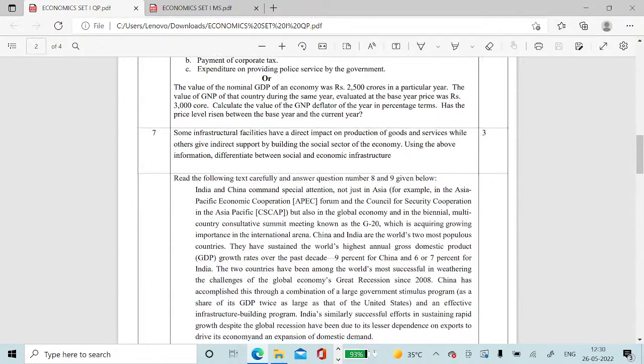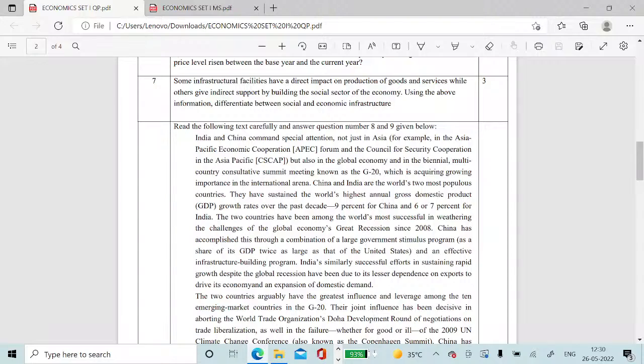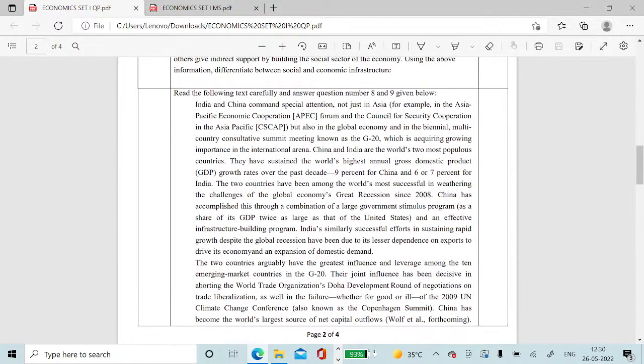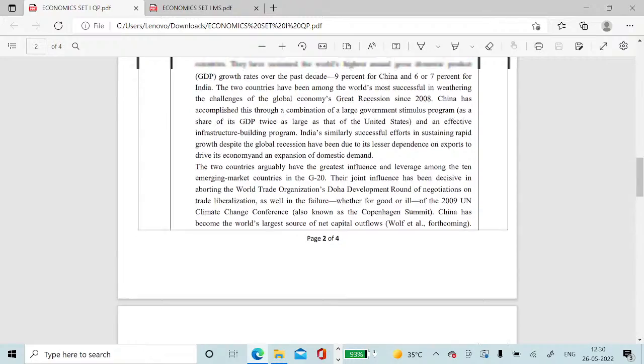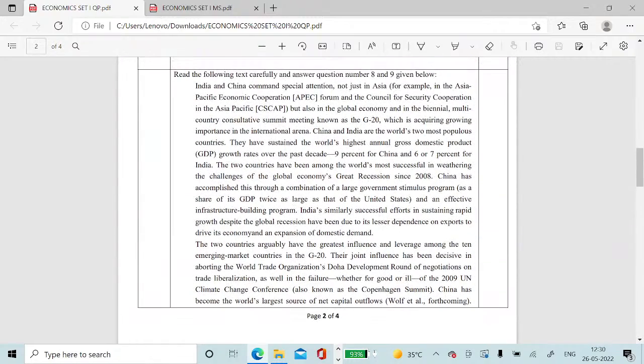7. Some infrastructural facilities have a direct impact on production of goods and services, while others give indirect support by building the social sector of the economy. Using the above information, differentiate between social and economic infrastructure. और 8 to 9 में इस पैसेज के बेसिस पे आंसर देना है, तो आप चाहे तो पैसेज पढ़ सकते हैं।